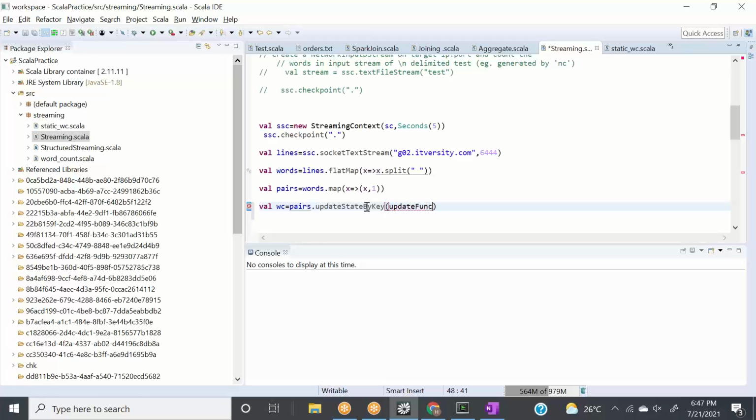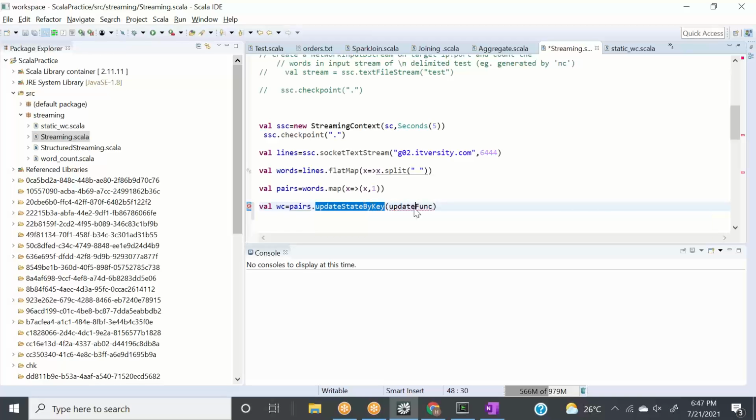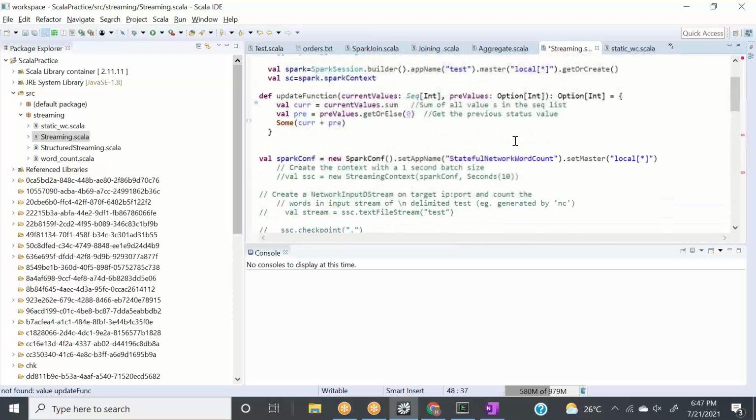It tells the updateStateByKey operation what it needs to do to maintain the state information, what to do when a new key-value pair comes, and how to read the state information. So we need to write a function and pass it here. That function will read and write the state store.